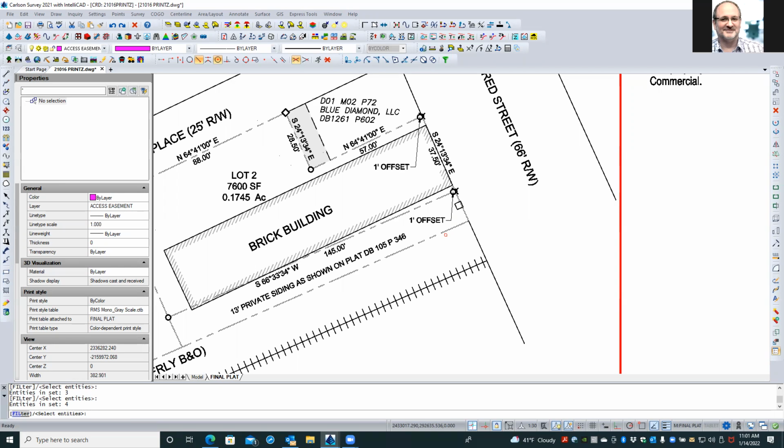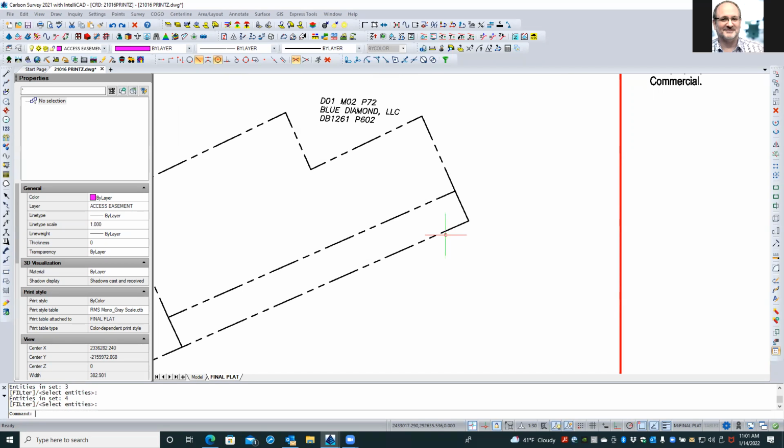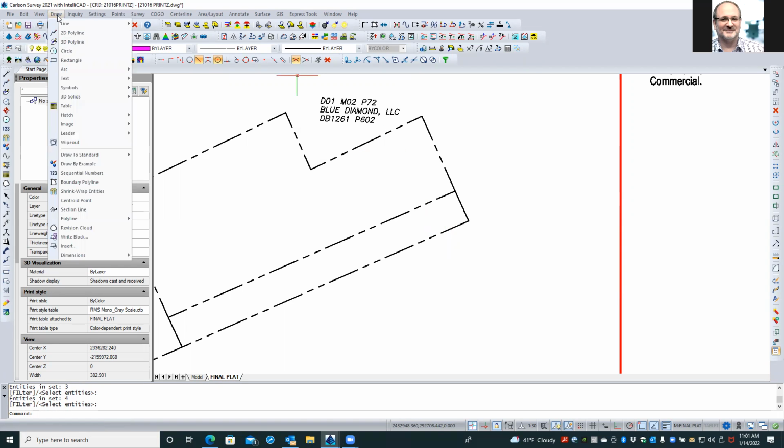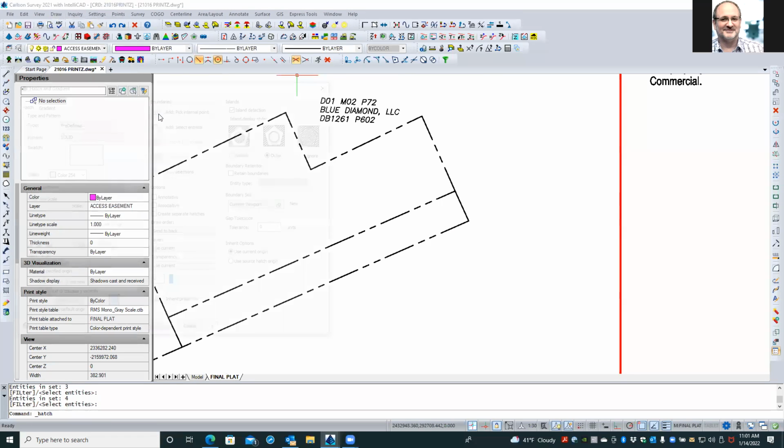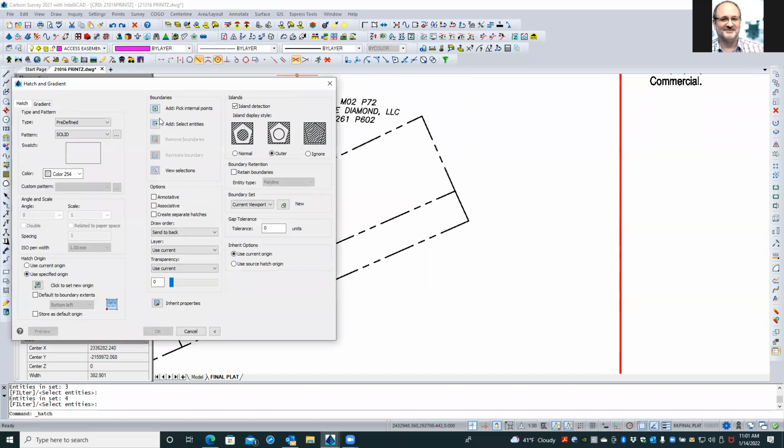So that's good, I think, and we'll just hit enter to finish our selection. Now we're going to draw that hatch. Draw hatch, standard hatch is fine. And everything's fine there. Now, here's the nice thing about hatches is that once you draw one, even if